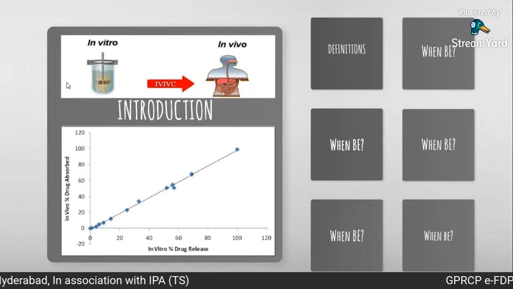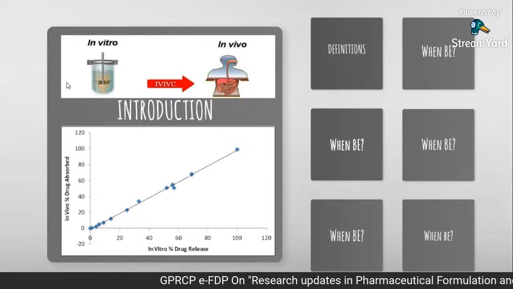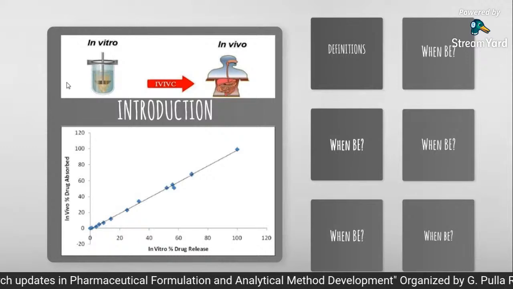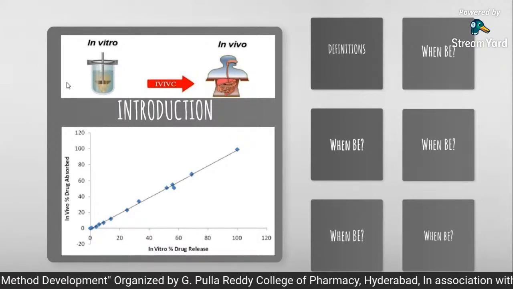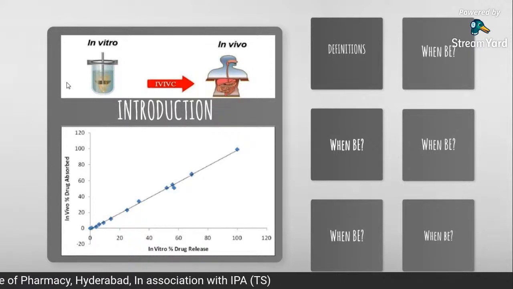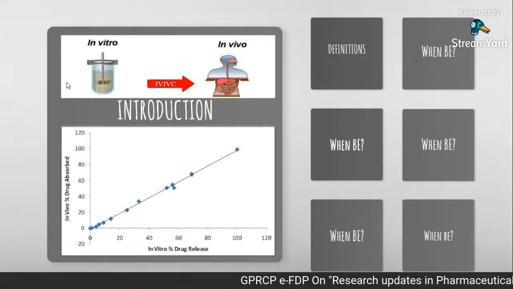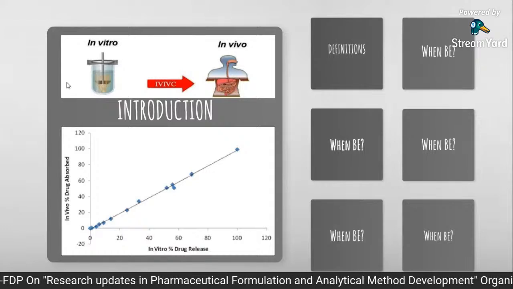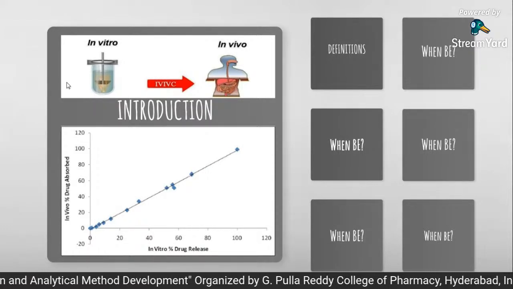We can make certain manipulations in the formulation and again come back to the IVIVC. If that repeated IVIVC gives a good predictable result, then only can it be subjected to bioequivalence testing. So this IVIVC tool will not give you any waiver for the bioequivalence, but it will give you predictability. It works as a tool to predict your bioequivalence result. And sometimes IVIVC alone helps you get the biowaiver also. Those factors I am going to explain in subsequent slides.